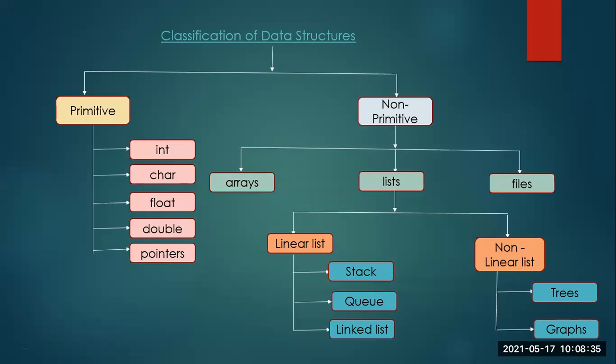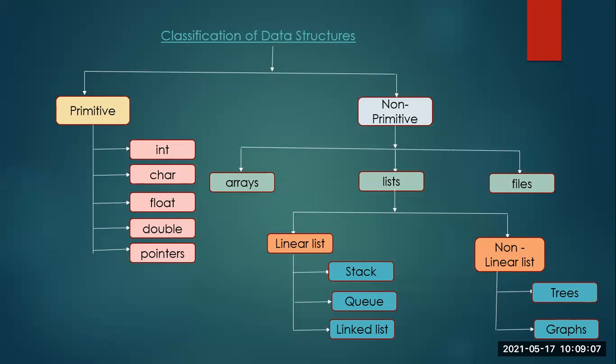Now this stack, queue, and linked list are your third, fourth, and fifth units. In detail, we are going to study what is a stack, what is a queue, what is a linked list, then how we can use them in our programming languages, how we can manipulate them, that is, how we can store data, how we can access the data, and what is the main purpose of creating these stacks, queues, or linked lists. Now in brief, we will just understand the concepts here.